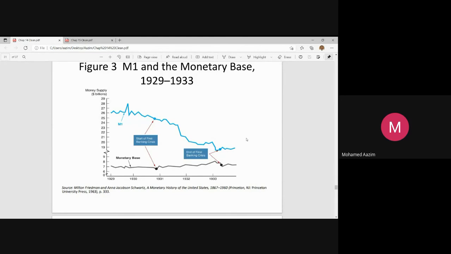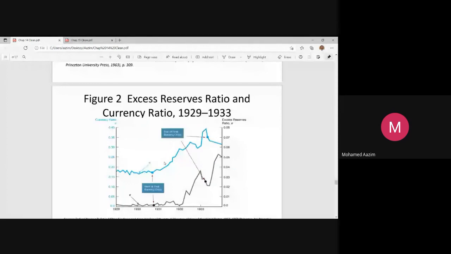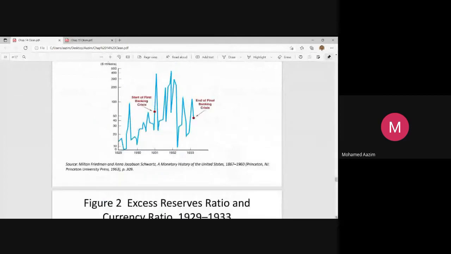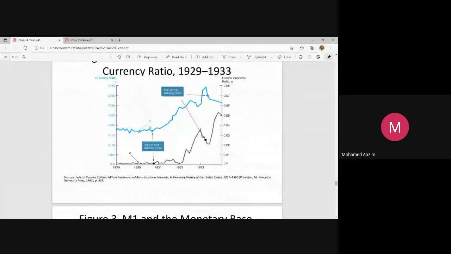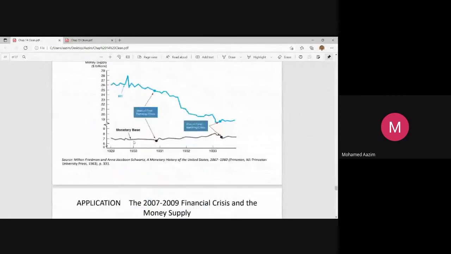The precise answers for that are again explained here. This is also something you can explain, but more than that, this is more than enough for you to explain why money supply is decreasing for a given state of monetary base during this period, in the case of the example reflected here. So that's the Great Depression.